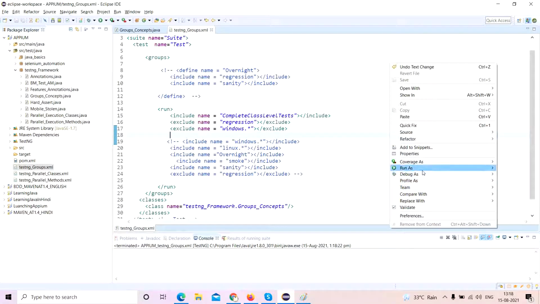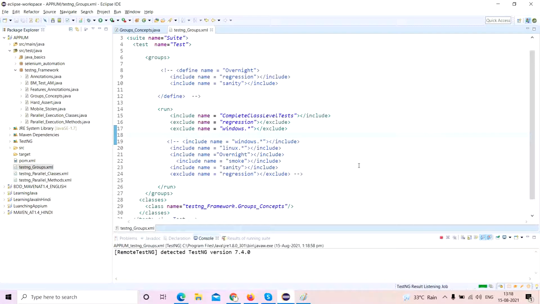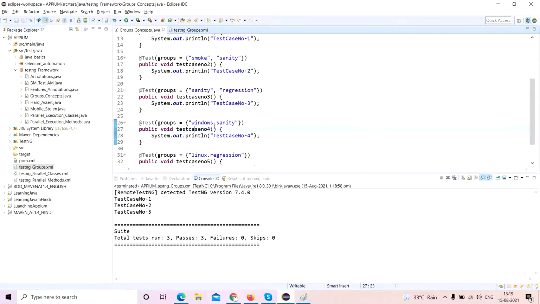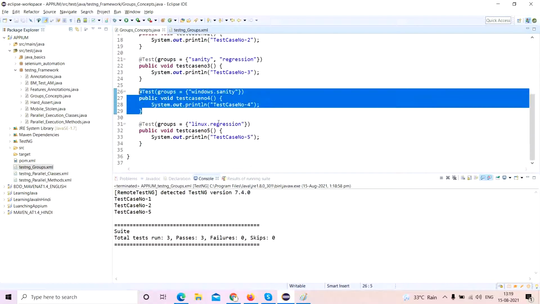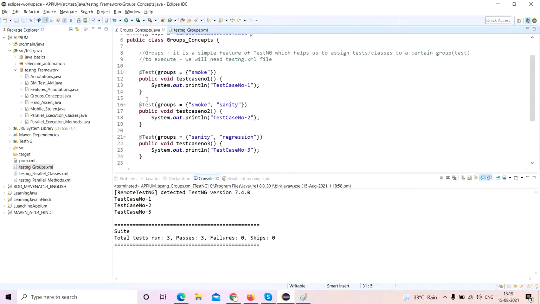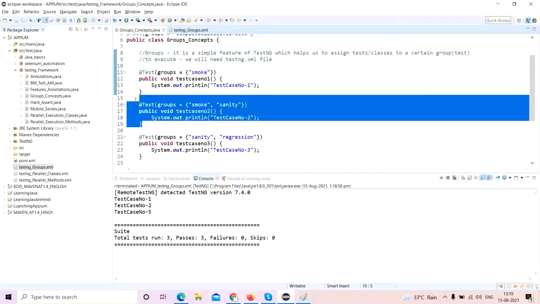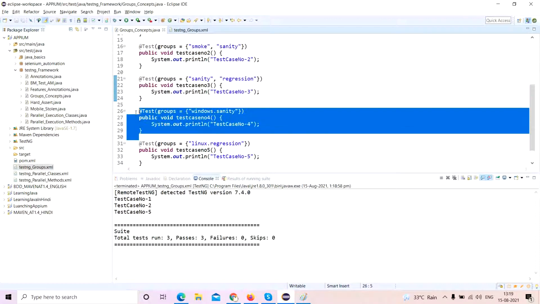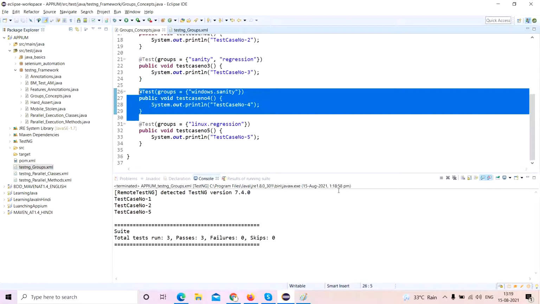So TestNG will subtract those two exclusions from the class. 1, 2 and 5. This one got executed, this one got executed. 3 will not get executed because regression is there. 4 will not get executed because you have given windows.star there. So only 1, 2 and 5 got executed.